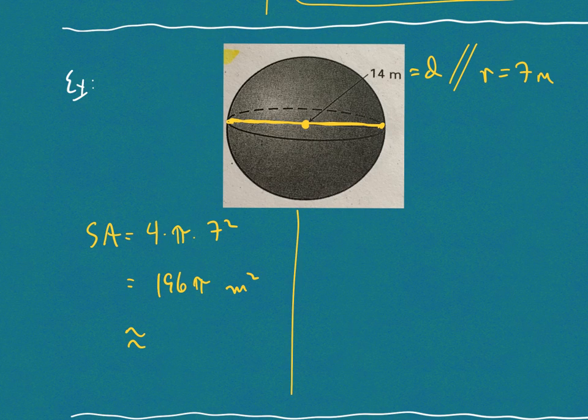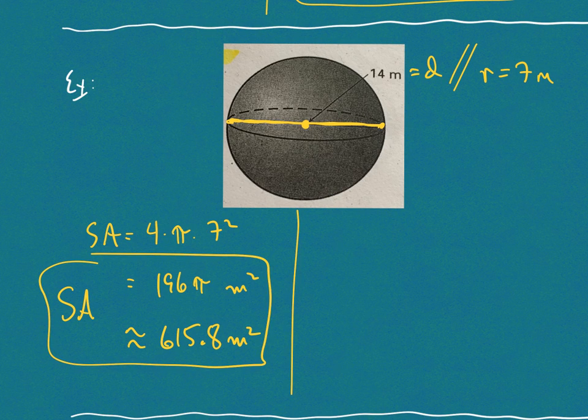which would be approximately, if you want to punch out the math with the pi, 615.8 square meters. So there's the exact and the approximate values for surface area, and then volume would be 4/3 times pi times the radius cubed. Okay? And so our volume then would be either